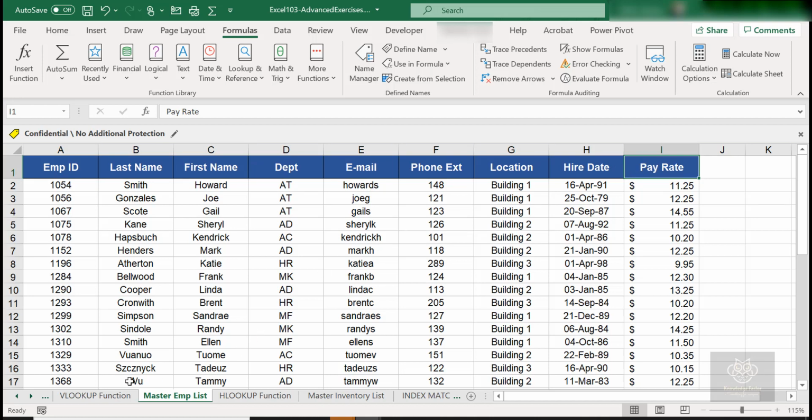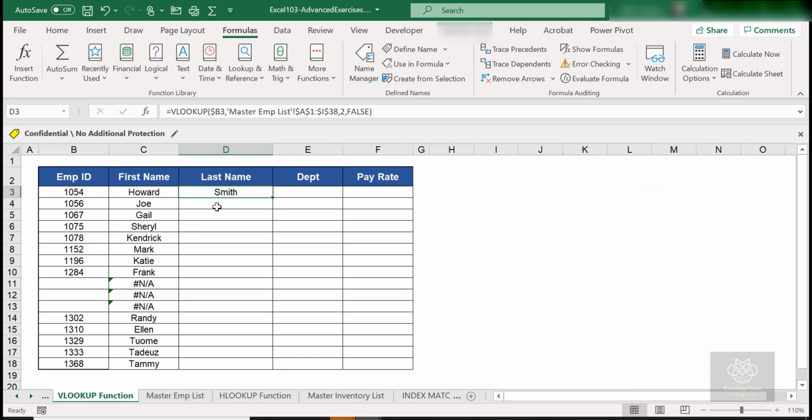So I can come over here, drag this over, but then I would have to edit both of these formulas. So this is number 4 because department is in the fourth column, and this is number 9 because pay rate is in the ninth column. That's a hassle, right? It's not that big a hassle, but it takes me a little bit